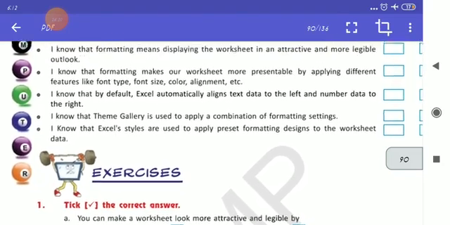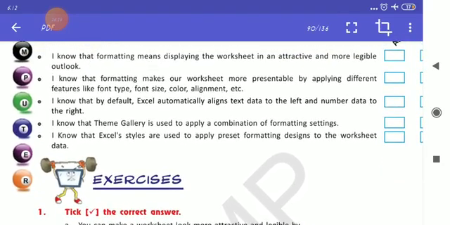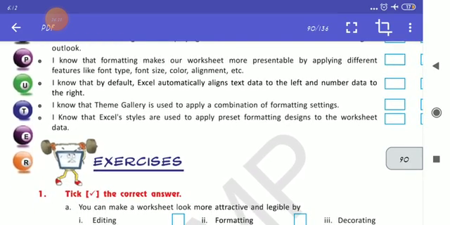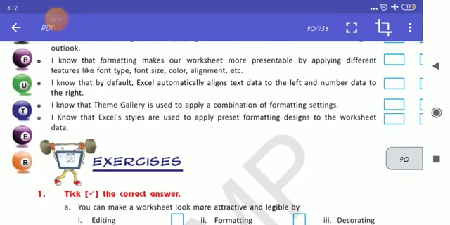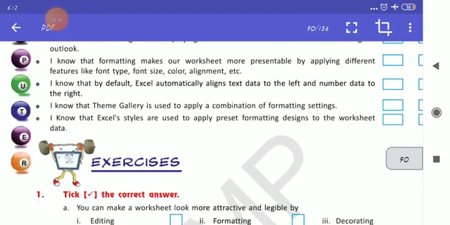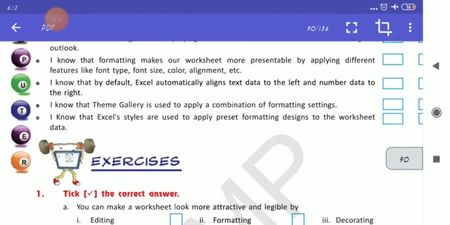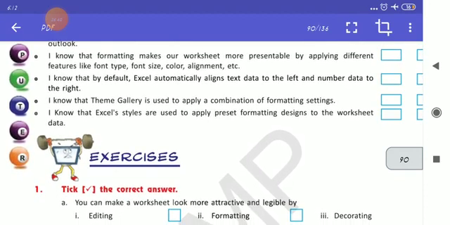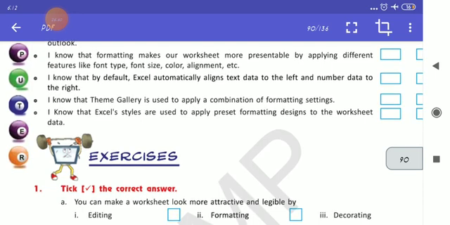So this also can be done. I know that by default Excel automatically aligns text data to the left and number data to the right. Yes, by default Excel aligns the text, like you have written some word, to the left, and if you have written a number, then it will align to the right side.